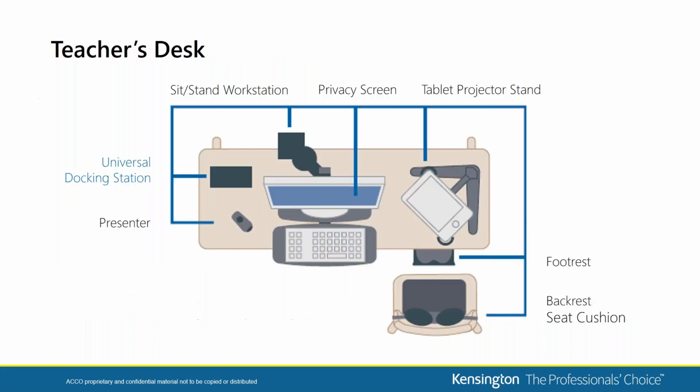So we wanted to dive even a little bit deeper. Let's put our teacher shoes on and look at a normal day as a teacher. What are we seeing? The big thing we're trying to show here is that as a teacher, you're going to have a lot of different peripherals on your desk because you have a lot of different tools to teach your kids. And specifically around teachers, the one thing I want to hone in on is that on the forefront of these buying opportunities, the hardware devices are always going to be priority number one, totally understand,